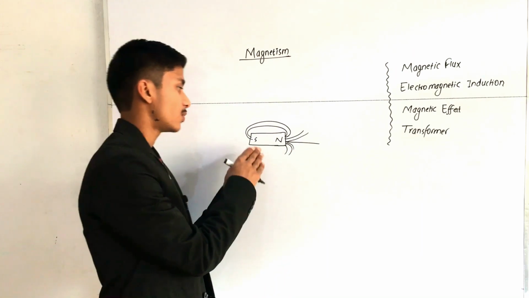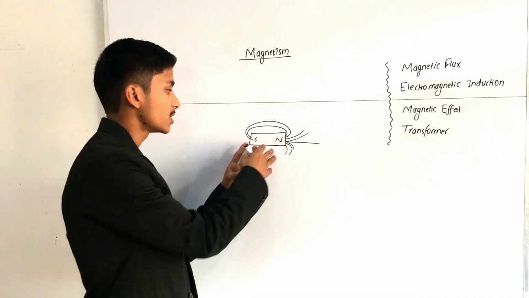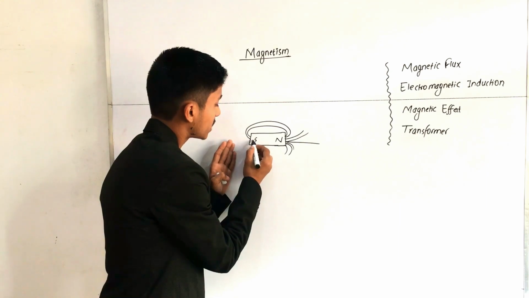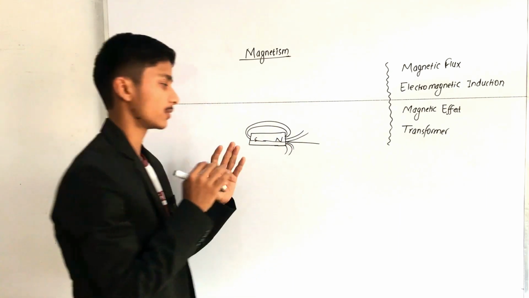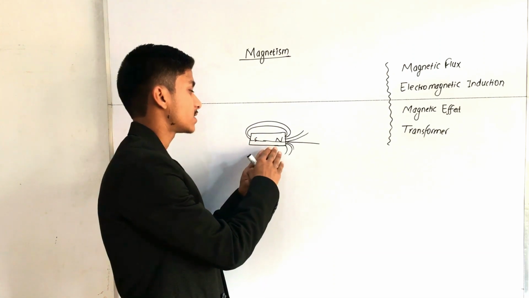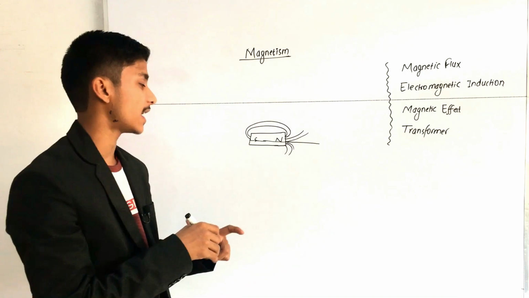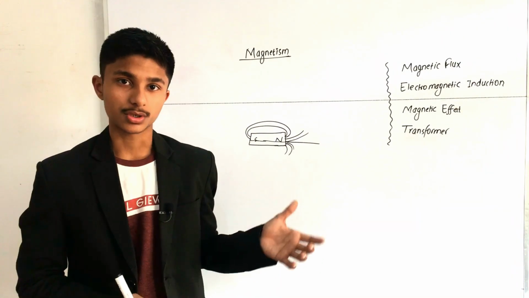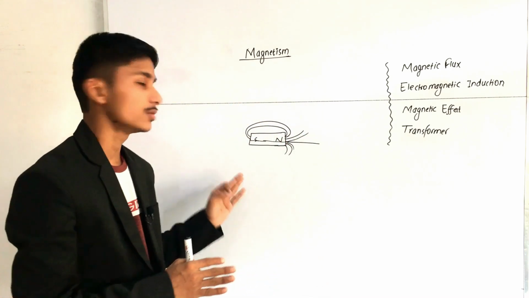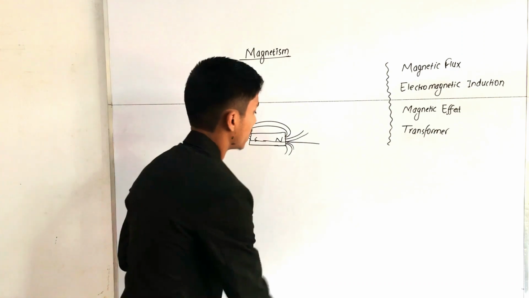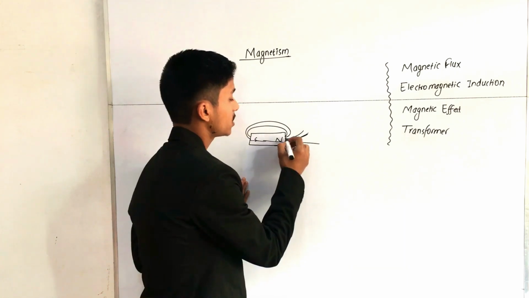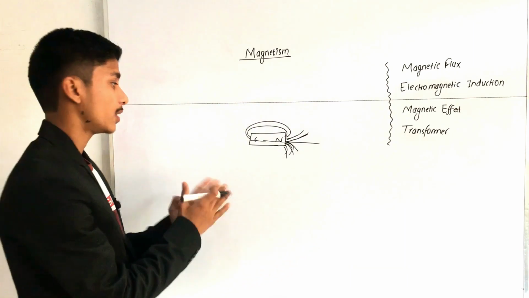In this process, the magnetic lines of force externally go from north to south, and internally they transfer from the south pole to the north pole. Therefore, when changes take place in these magnetic lines, current is induced. Here we are going to study what magnetic flux is. So what happens when this number of lines falls on a surface having